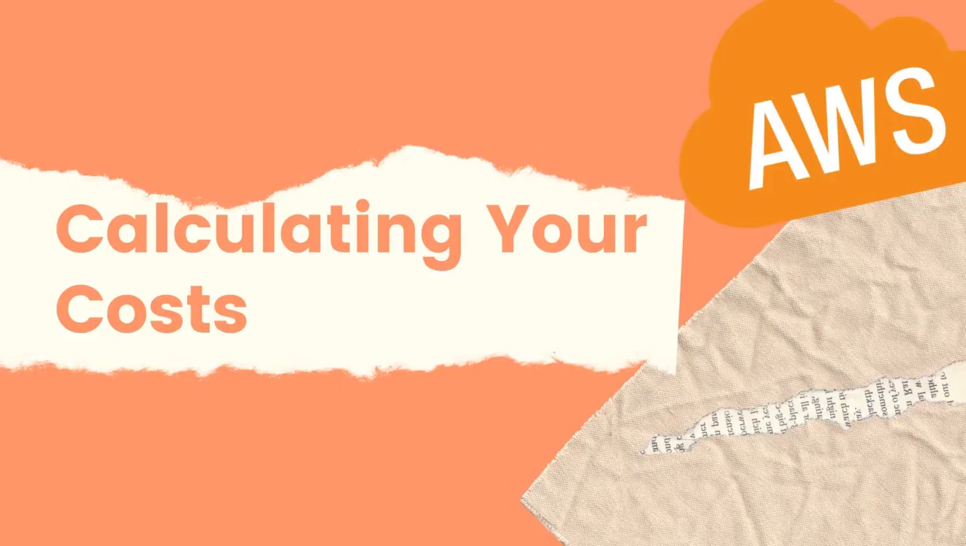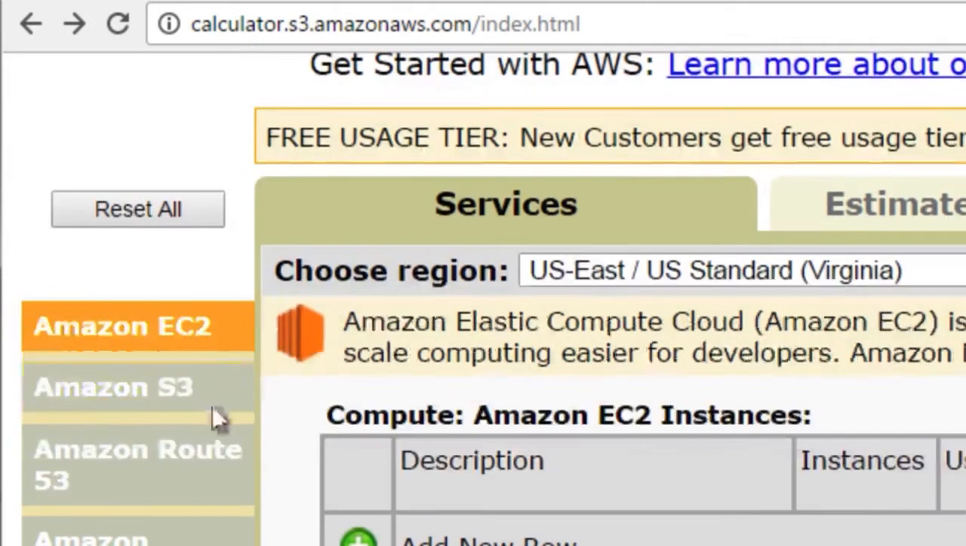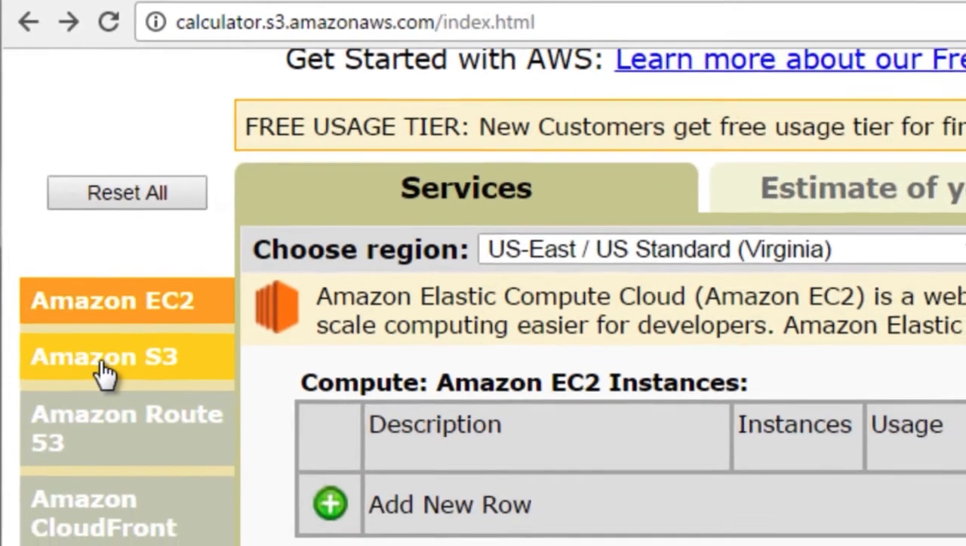Hello, and welcome back to our lesson 2, which is calculating your costs for your monthly budget and potentially your yearly budget. Okay, so now what we want to do is head on over to calculator.s3.amazonaws.com/index.html. Once you enter that, you'll be sent to this page, and we can begin to budget your monthly and yearly costs. Now, in order to do this, we want to go to the left-hand side and click on